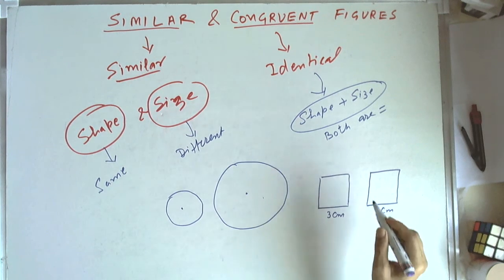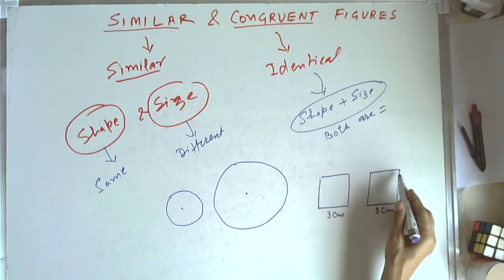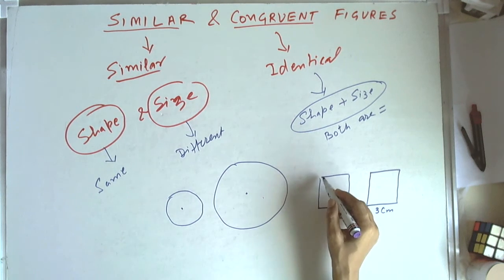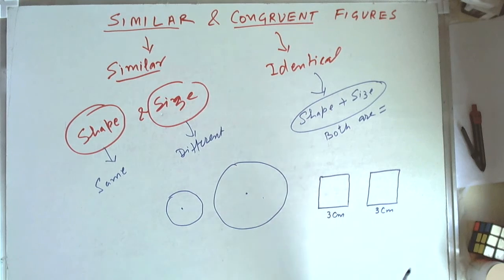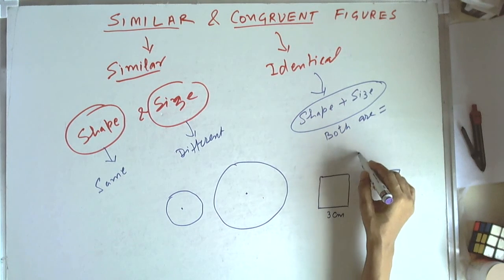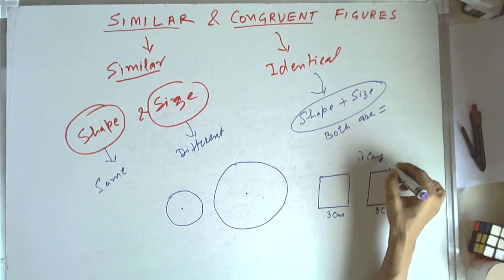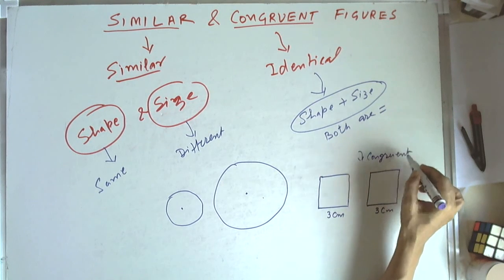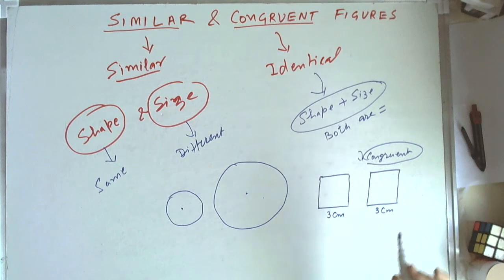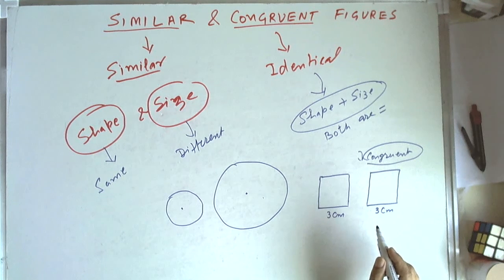The shape is same because it's a square, and also size is same. So this will become congruent. So if we say two squares of 3 centimeter each, they are congruent. But if one square is 3 centimeters and the other square is 5 centimeter side, then they are